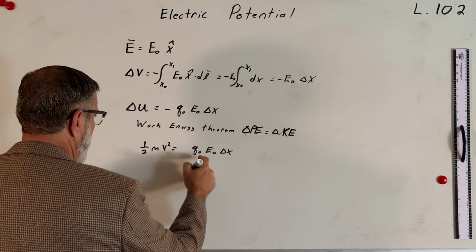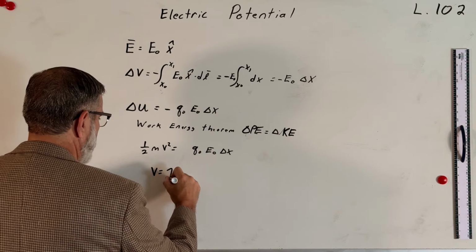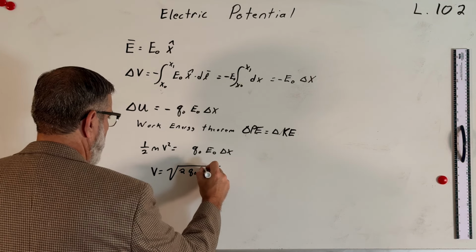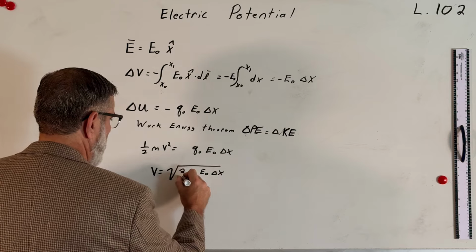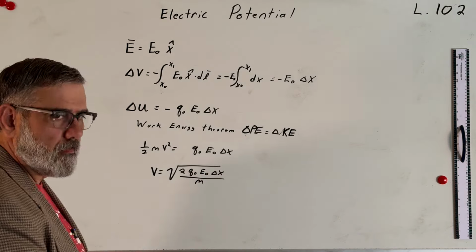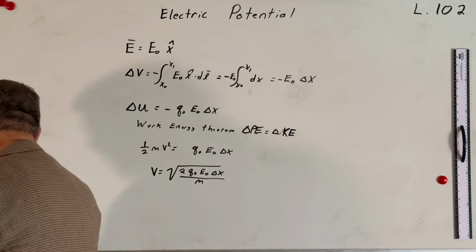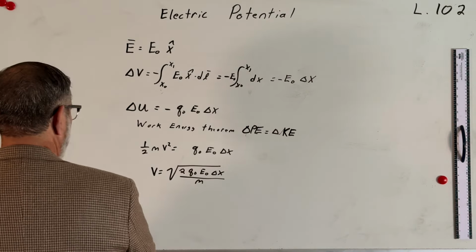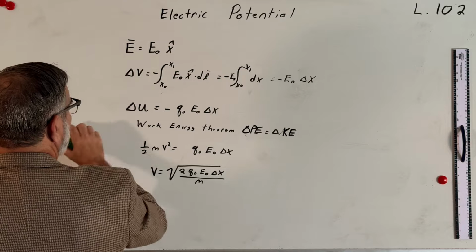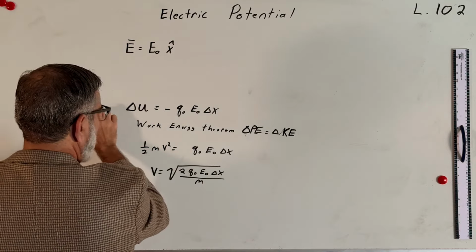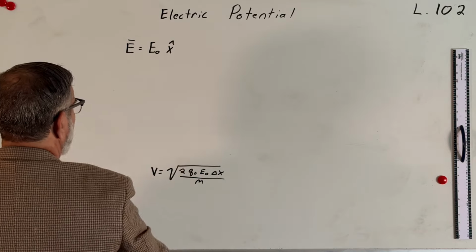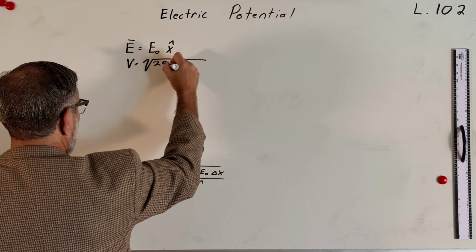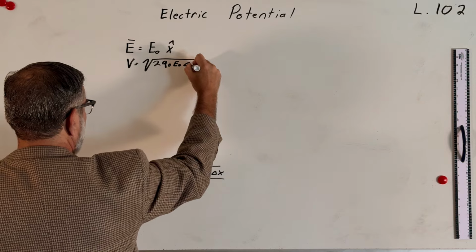So now I'll solve for the velocity. The velocity will be equal to the square root of 2 times q naught times E naught times delta x divided by the mass. Okay? Let's do a real example. Let's say that E naught, I'm going to need a little more room, so let me put my result up here. I'm just going to say that V is equal to the square root of 2 q naught E naught delta x